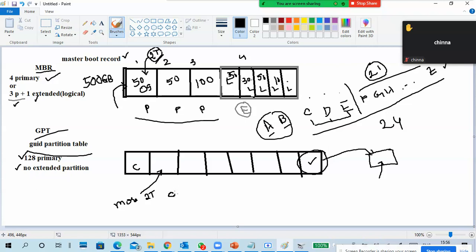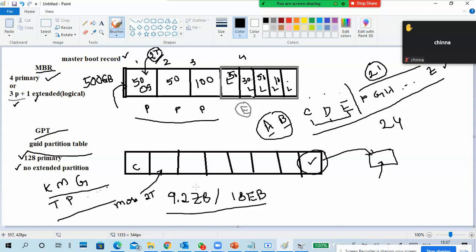In certain books and some places it shows 9.2 zettabytes. In some textbooks it shows 18 EB, exabytes. So you can see how many bytes there are: kilobyte, megabyte, gigabyte, terabyte. Next one is petabyte, like that. Look at the chain: zettabyte, exabyte is there. So it will keep going.